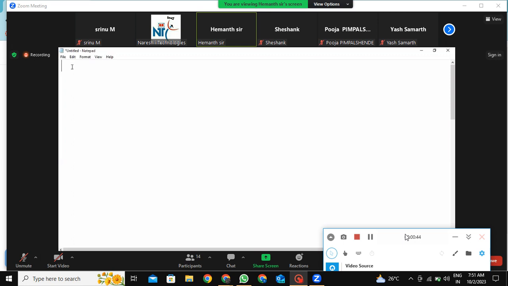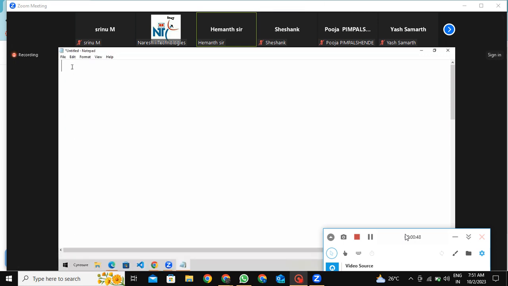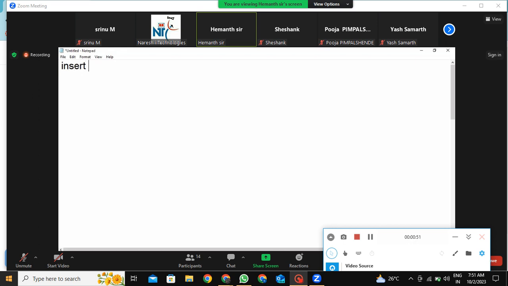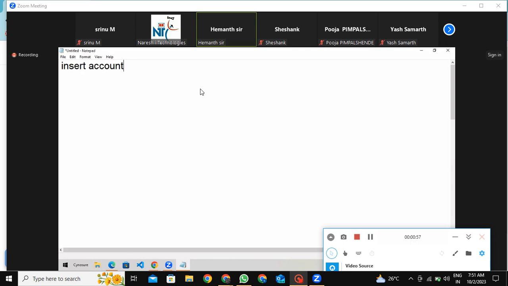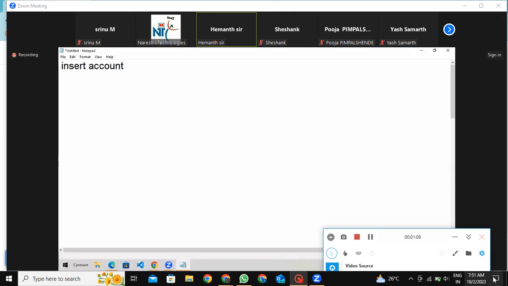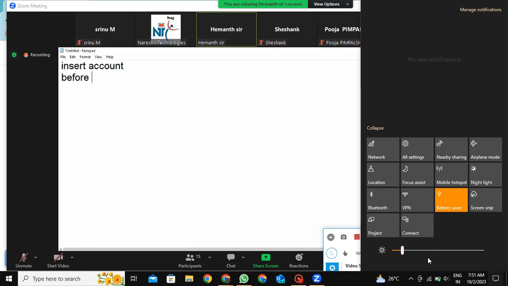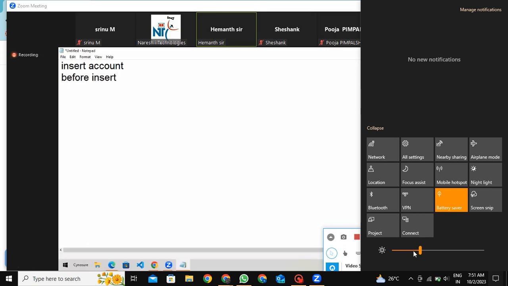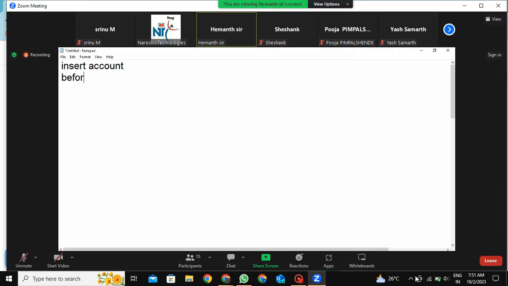See, whenever I make some change on the account, for example, if I insert a new account, it is nothing but I am performing a DML operation, that is also insert operation. And if I want to make some changes to this account record only before it gets inserted, then what I am using, I'm using before insert logic, and I'm writing everything. Okay. Another scenario is there